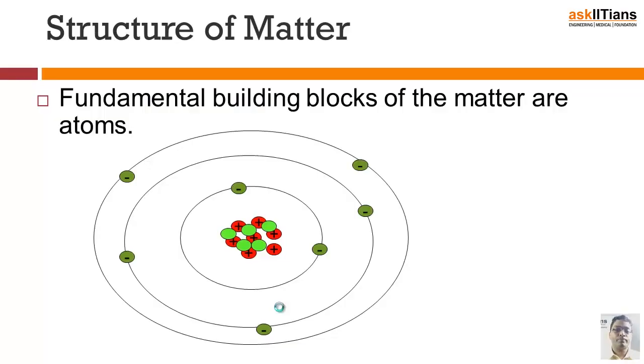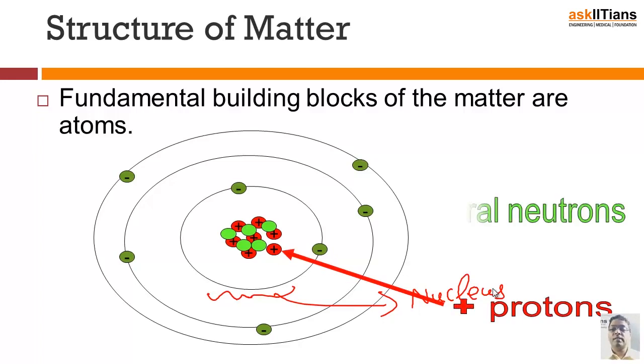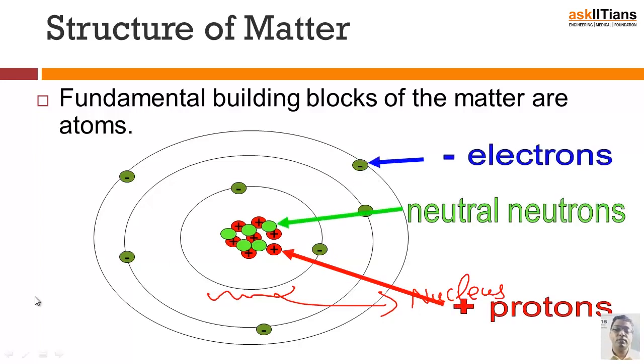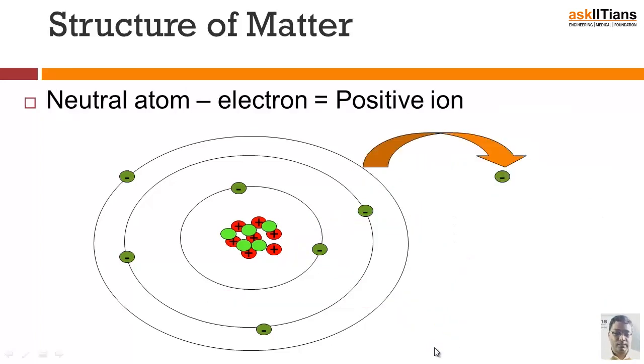Now let's move on. As I mentioned, any atom is going to consist of these types of particles. So this is nothing but your nucleus. If we now put in the types of particles that are there, we have the electrons, we have the neutral particles, that is the neutrons, and the protons. These are the basic building blocks that exist. Now, from a neutral atom, let's say you remove an electron, as I mentioned, you're going to get a positive ion. It's not going to be an atom anymore because it has charges.